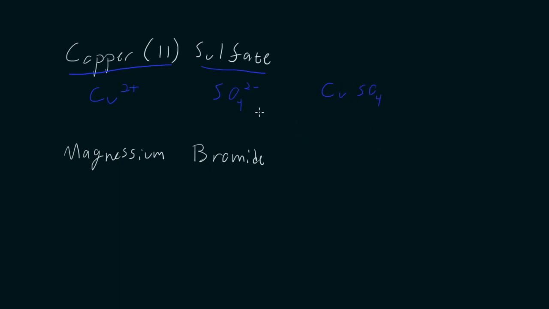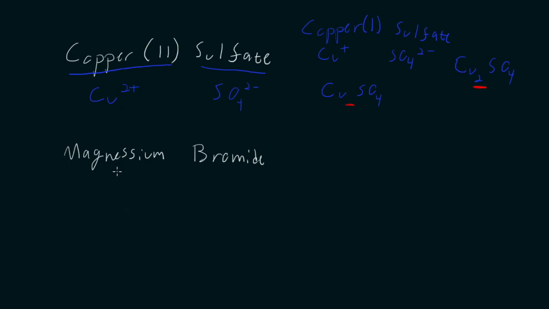Nice and clean. But what if this was a copper 1 sulfate? Well, then this would be Cu plus 1. This would be SO4 2-. So I would need to bring 2 coppers to balance out that SO4. So this would be Cu2SO4. So this is where this can get confusing. Notice, this right here, this was my copper 1 sulfate, but this one right here was my copper 2 sulfate. So we need to keep track of these ions and make sure that we're assigning the Roman numerals to our